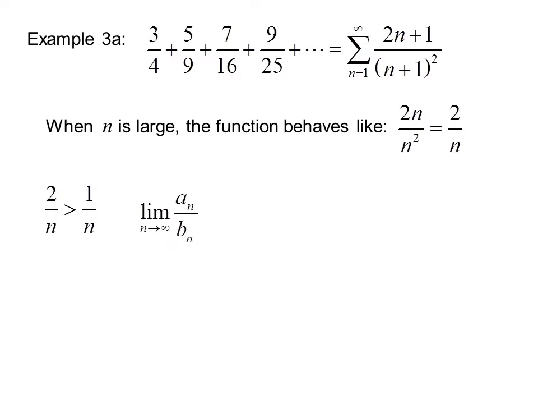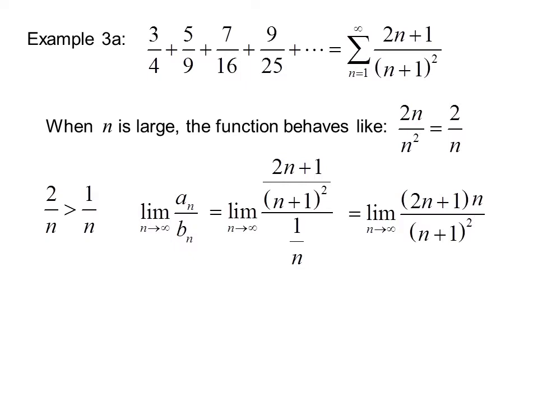If we take the limit as n goes to infinity of a sub n over b sub n equals the limit as n goes to infinity of our original series, 2n plus 1 over n plus 1 squared, over 1 over n,